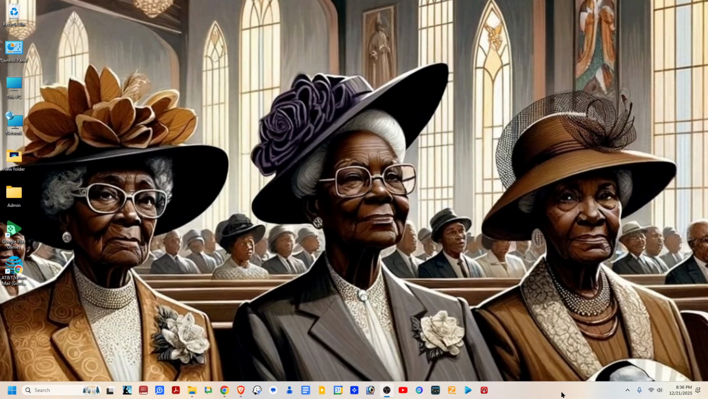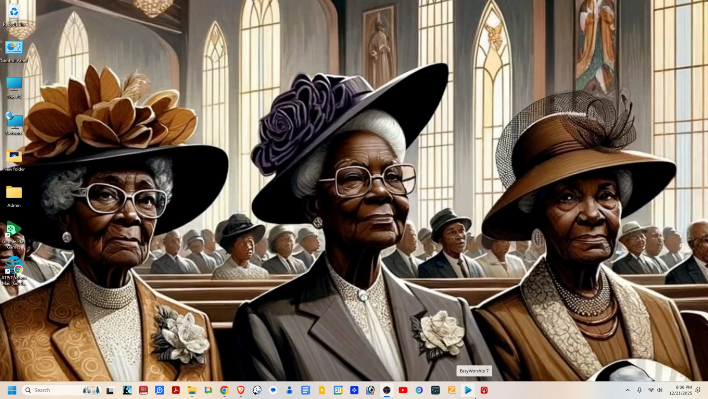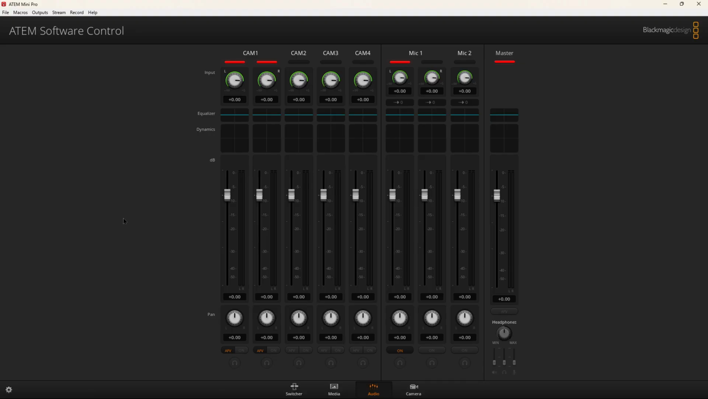So the first step is this little icon down here. We want to turn this on. Once we have everything turned on that we normally do on Wednesday and Sunday, and the computers are up, the next thing we want to do is open up OBS. After OBS is open, come over to the ATEM Control software. Click one time. This software will find the video switcher